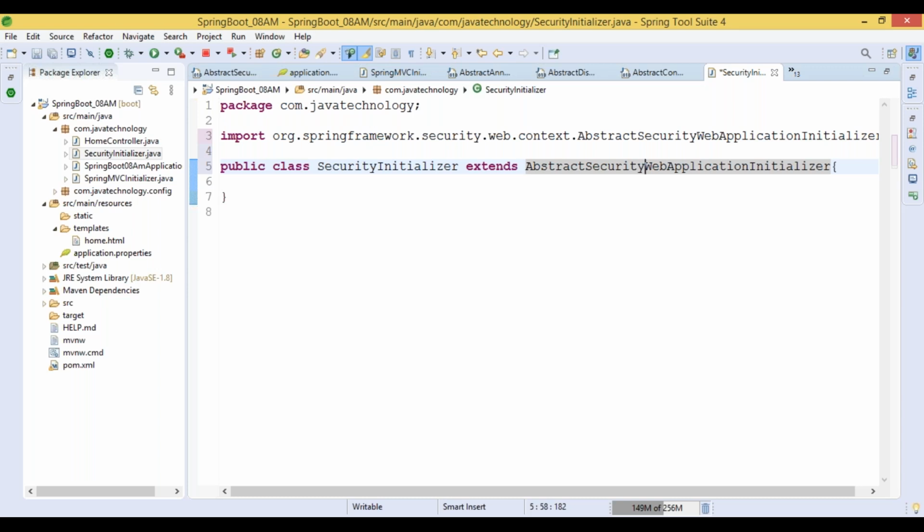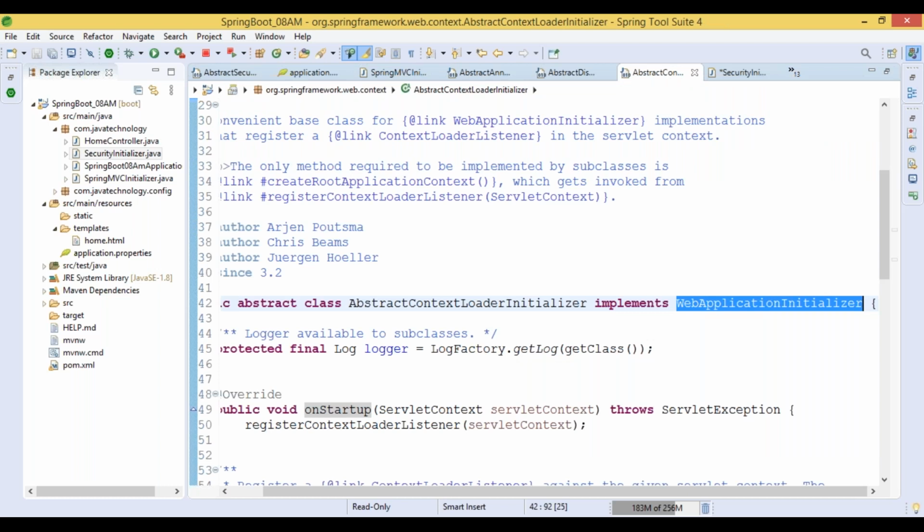So when we want to create any dispatcher, servlet, filters or listeners, all the classes implement from the web application initializer. So this is the main interface, and these are all the abstract classes. That is very important.